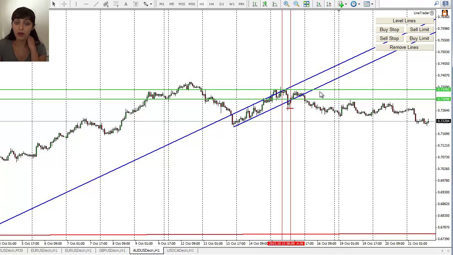horizontal lines. They are also horizontal lines. I just drew them again, so it's easier for me. But it would have been trend lines. This line, that line, and this line are the important ones for that time.